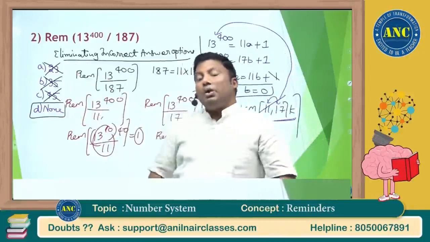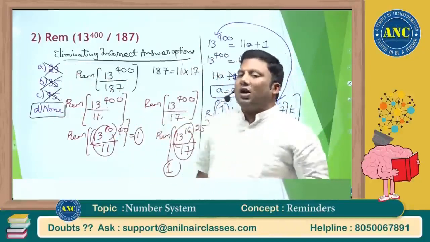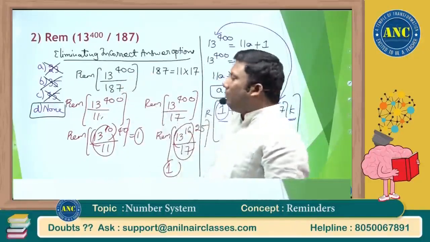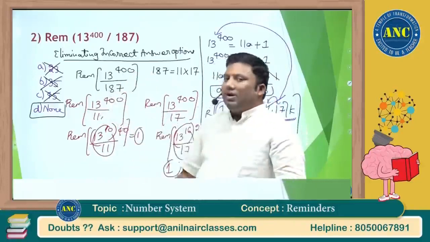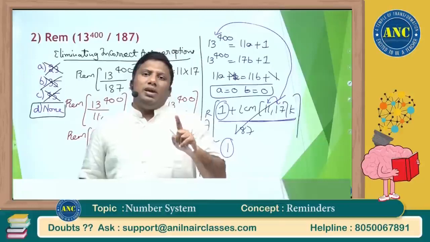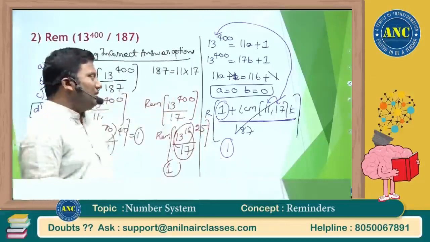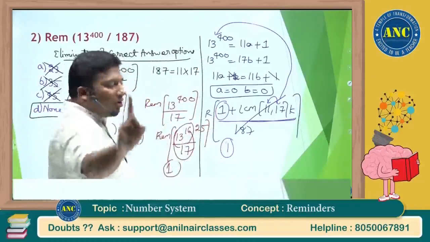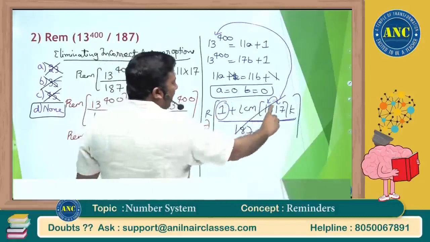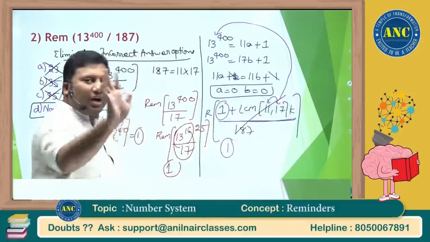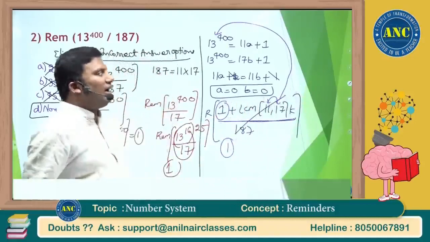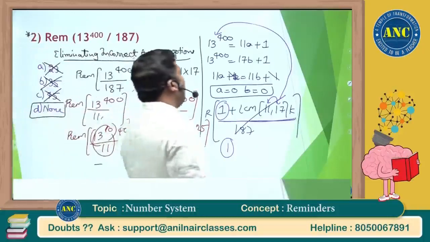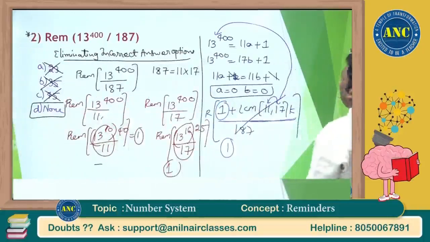That leaves 23 and 45. If there is more than one answer option, which is possible, that number will probably be a number greater than 187. Further divide, and you will get the answer. There is no possibility where you will get two remainders, because I am finding the case where the positive remainders are the same when the number is divided by multiple numbers. There are no two cases possible where you will get this answer. Now see here: 13 power 400, 11a plus 1, 11b plus 1.